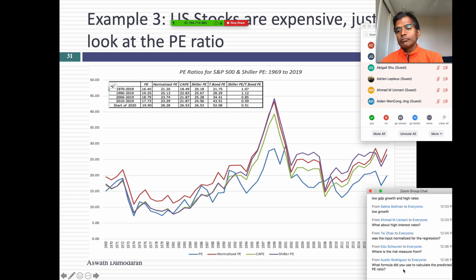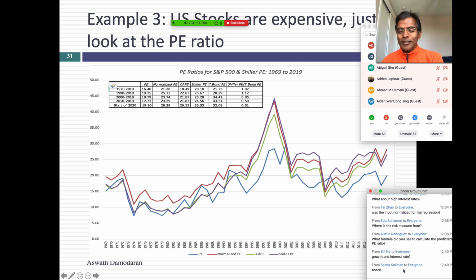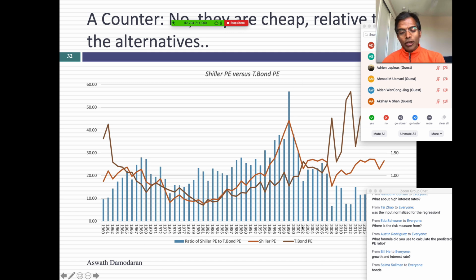Because you have to look at other opportunities. Okay, actually let's pause there. If I don't invest in stocks, what's the most obvious alternative that people invest in? Bonds. And what's happened to interest rates over the last 10 years? They've declined. Therein lies the catch with people saying, hey, PE ratio is high today, therefore stocks are overpriced. So here's what I did. I decided to bring interest rates into the equation.